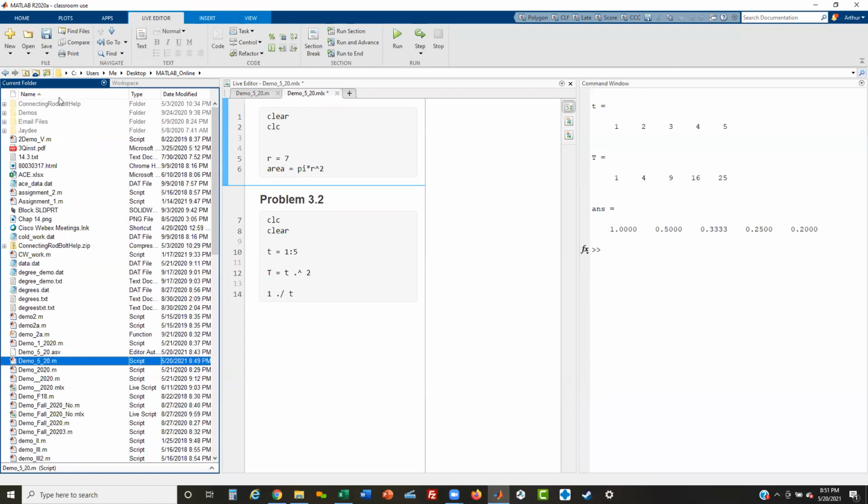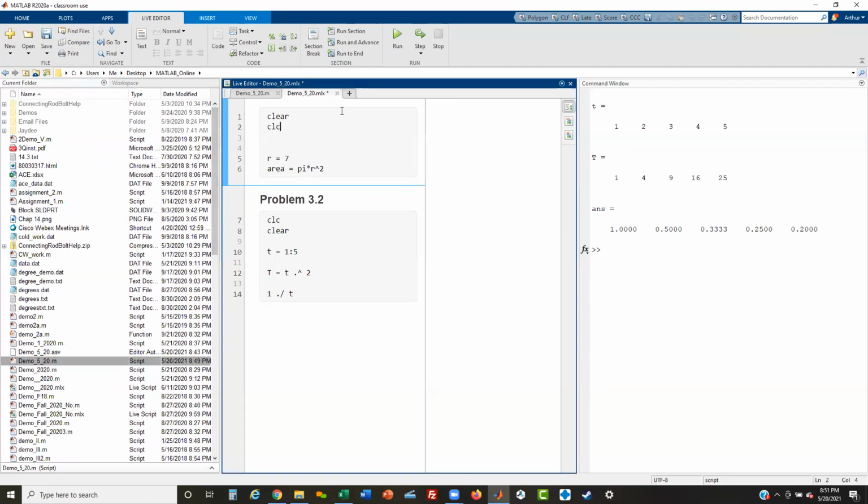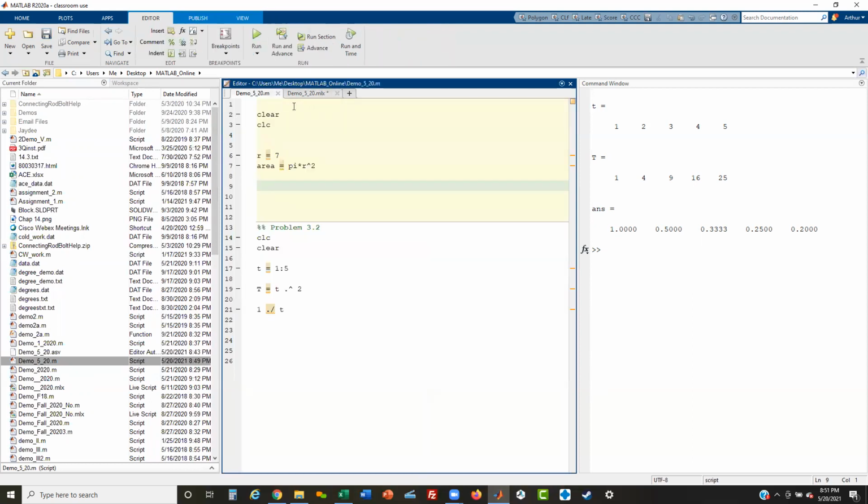Valid file names. I think this is probably the last thing we need to cover here. The file name here is just as important as a variable name in MATLAB,